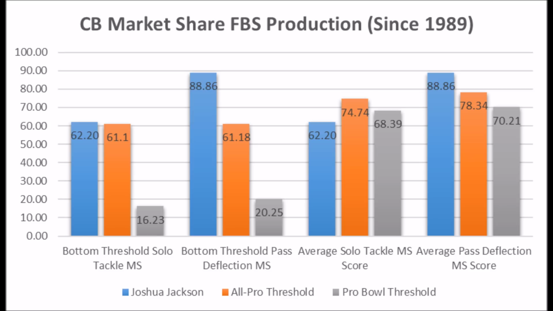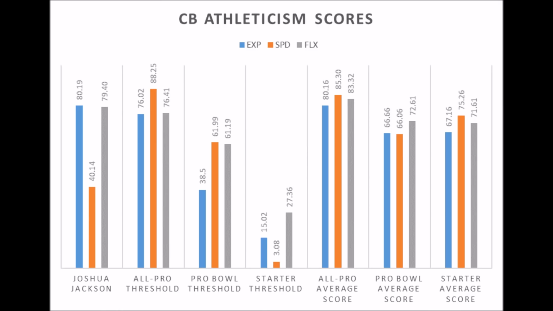scores, if you will. And then when you get to his athleticism traits, this is the only area where he kind of messes up a bit. 80.19 in terms of explosive lower body strength score, 40.14 in terms of speed score, and 79.40 in terms of flexibility testing. In many ways, he doesn't quite hit the bottom end threshold for All-Pro potential and Pro Bowl potential because of his speed score, but